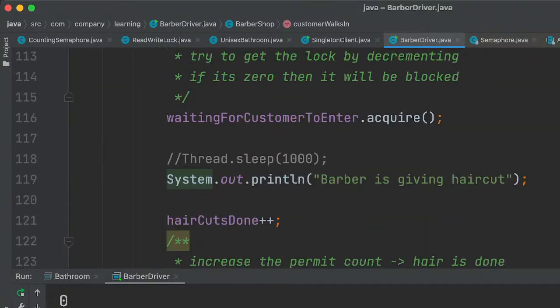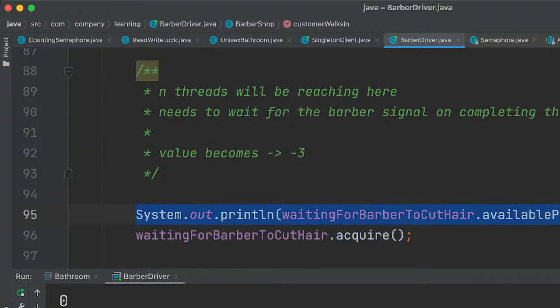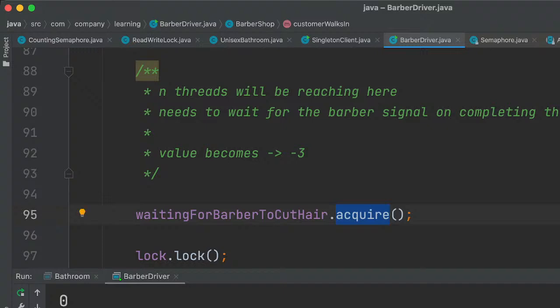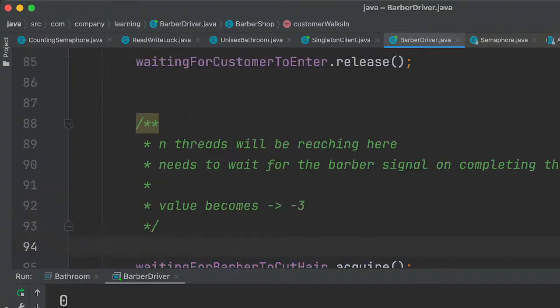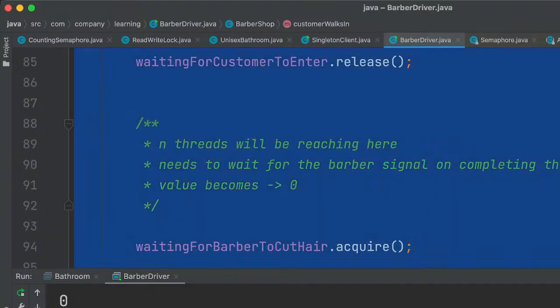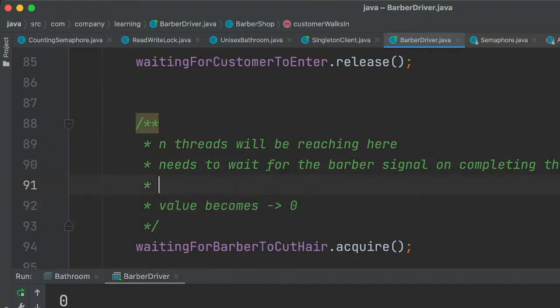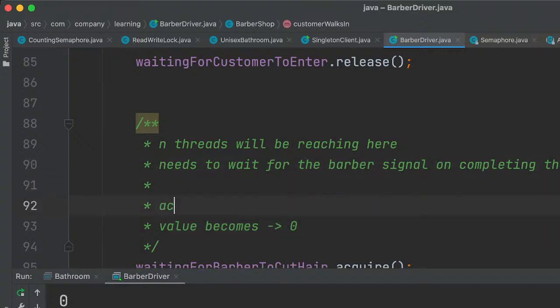Release the waiting for barber to cut the hair. So initially I'm assuming that it will become 0, but that's not the case. So it will obviously become an acquire permit, right? So acquire permit, and this will need to wait for the barber to signal. So the operation we are doing, acquire, will decrease the permit count.